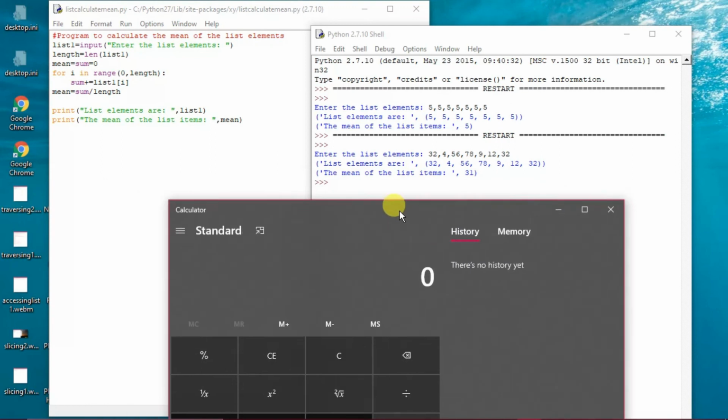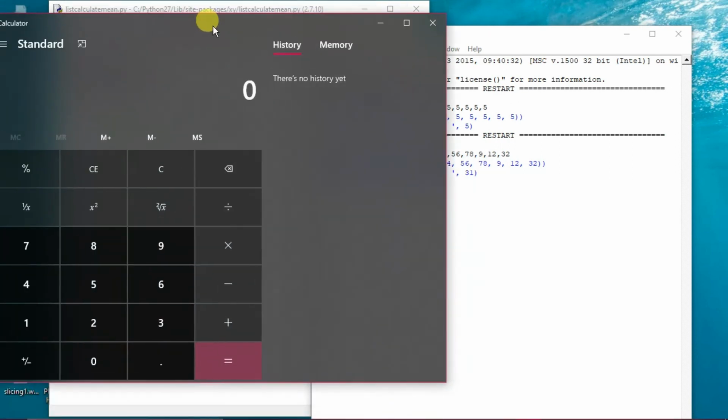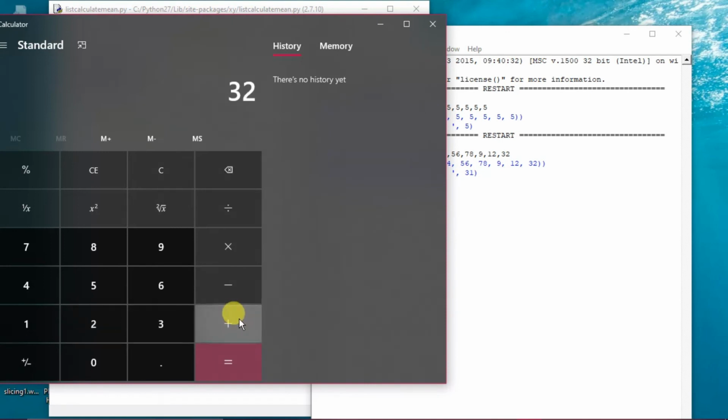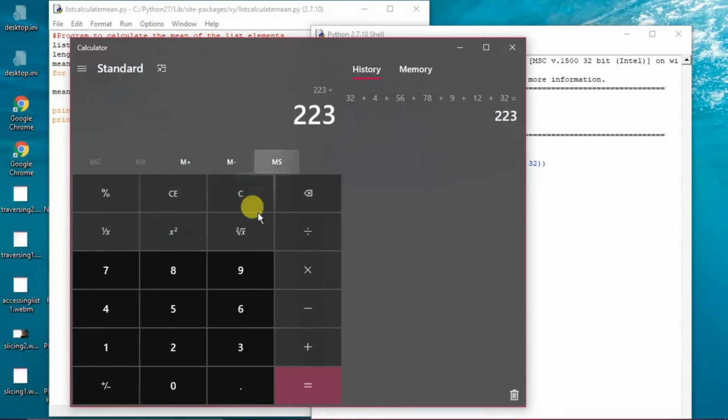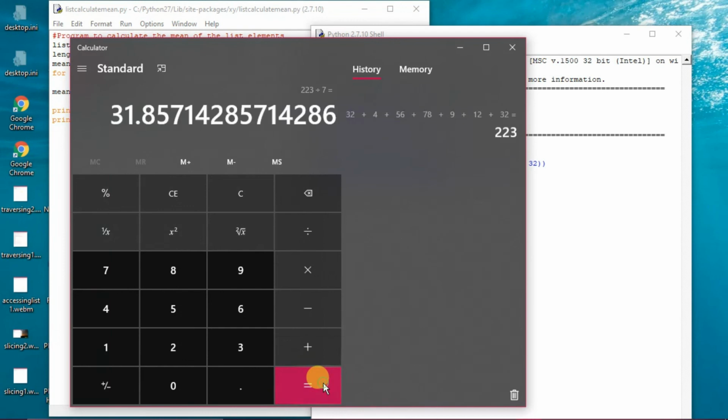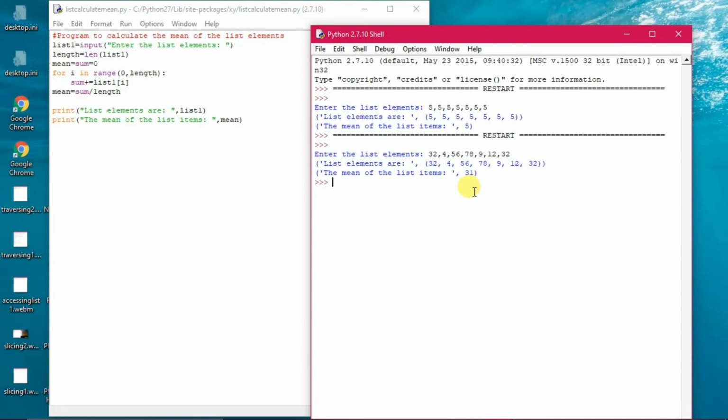I see out here what values have been taken: 32 plus 4 plus 56 plus 78 plus 9 plus 12 plus 32, equals, divided by how many values? 1, 2, 3, 4, 5, 6, 7. All right, 7 equals 31 point something. So it is giving the rounded off value, which is actually 31.